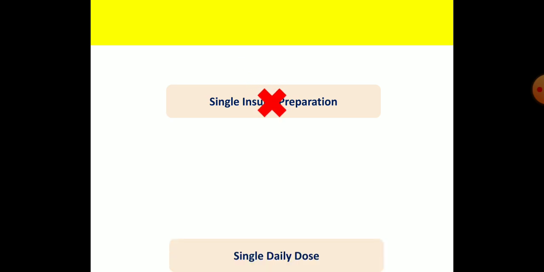Now, can you think that any preparation, any single insulin preparation, can control a 24-hour blood sugar level? Even the answer will be definitely no. Then if you think about whatever will be the preparation, or if you are giving 2 preparations or 3 preparations, but in a single daily dose to improve the patient compliance, nothing else, but still it can serve its purpose,